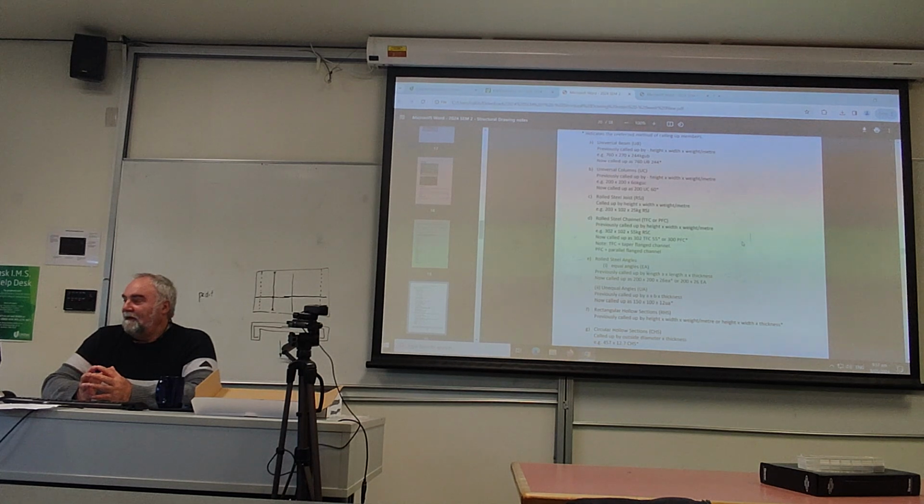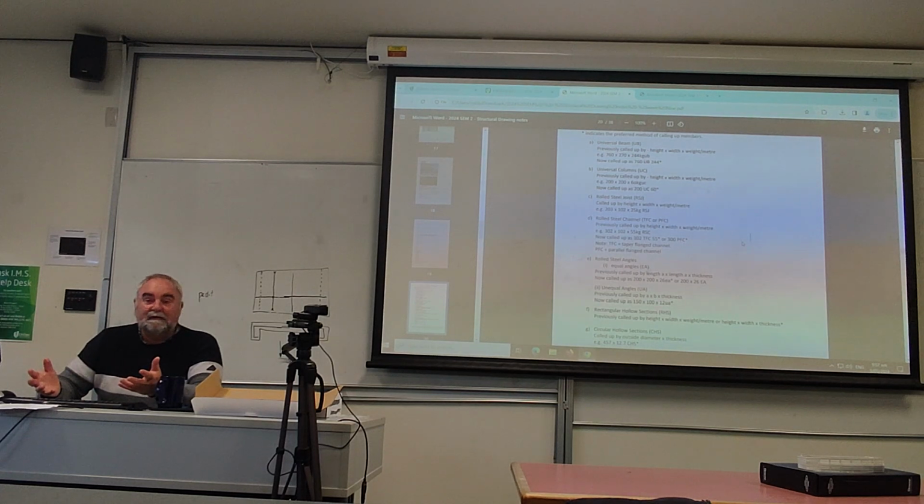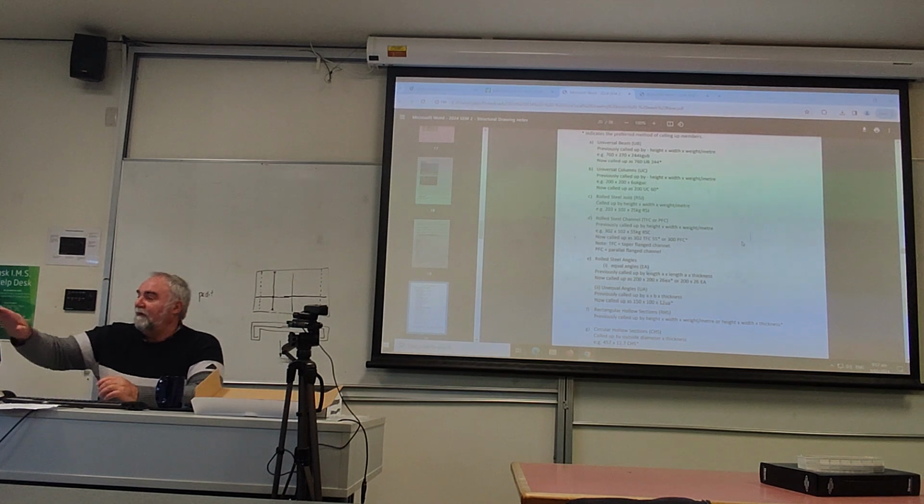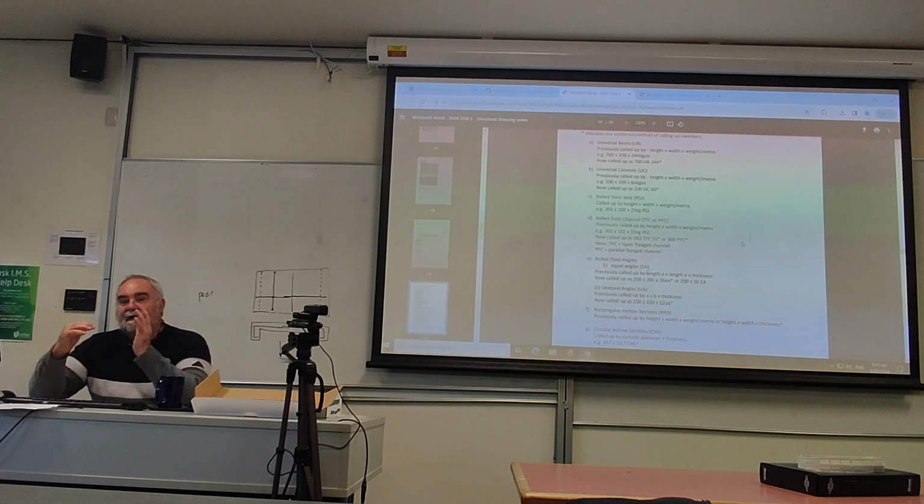The reason for it is that a lot of structural work isn't brand new drawings and brand new buildings. Often, we're asked to add on to buildings. Take this one here. All of those old call-ups would be on this building because it was designed in the 60s as a civil defence building. I've seen the drawings for this, they're all very nice, neat, hand-drawn drawings, but they've all got the old call-up. So if you've got to marry into that